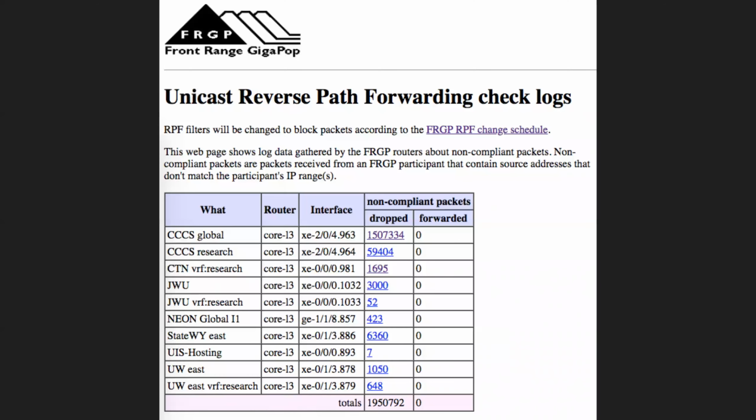So this is what the web page kind of looks like. In this case, what we're looking at is the main web page on our FRGP web server for the unicast reverse path forwarding checks. And the intent here is that a customer look at this web page, and here are something like 10 customers. And for each customer, we say what router we're talking about. The FRGP has 3 routers. In this case, all of these reports come from the same one. The interface on the router,